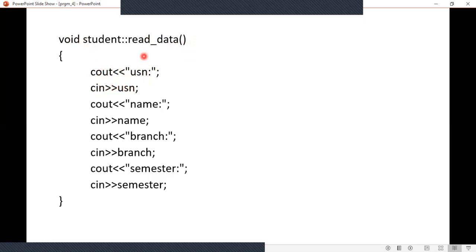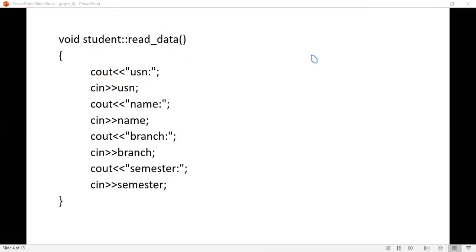For example, consider you are entering the USN 001. Okay, and then name you have to enter, some name you enter, and then you are going to enter the branch next, and then the semester. Okay, you have entered USN, name, branch, and semester.